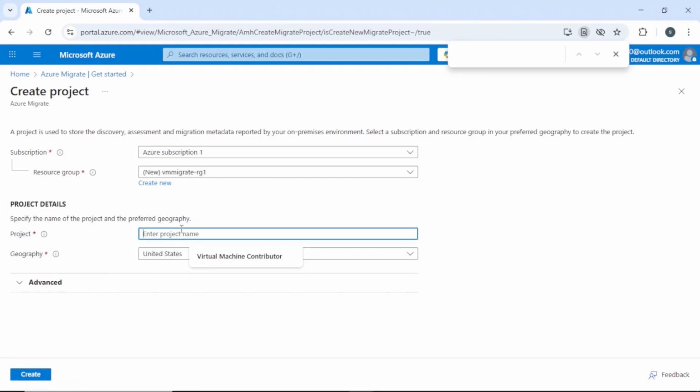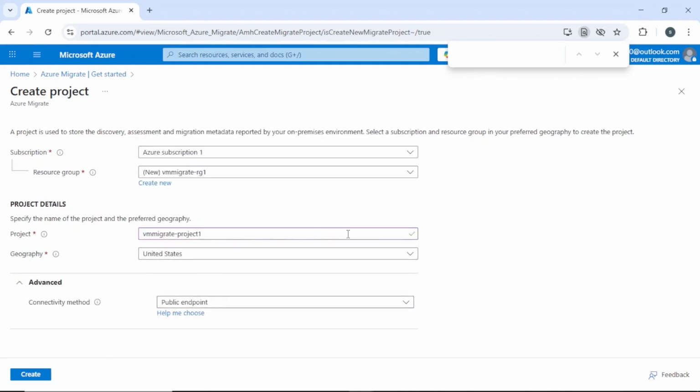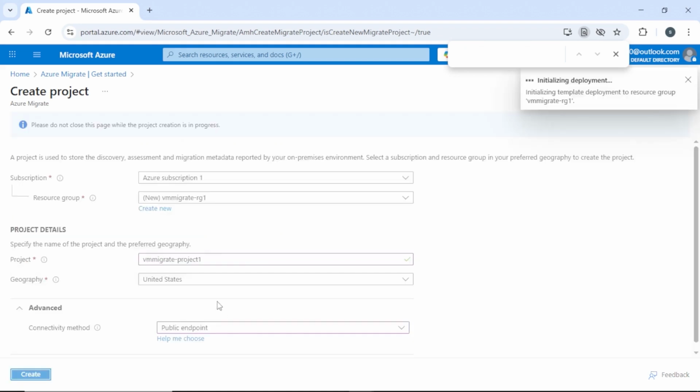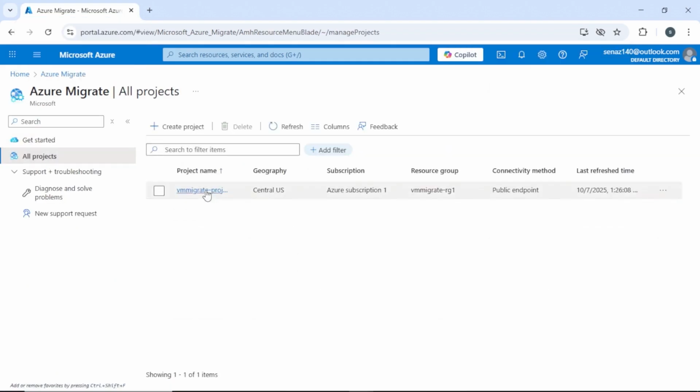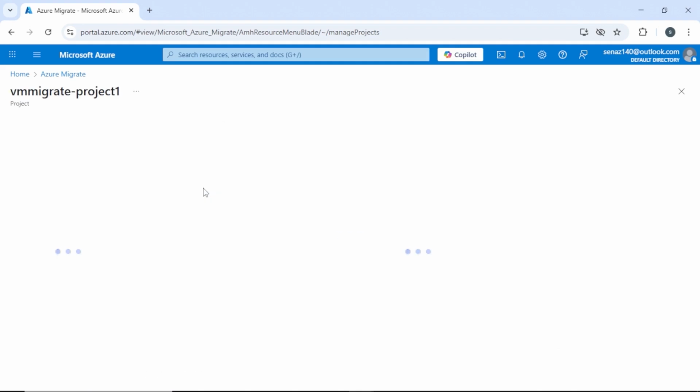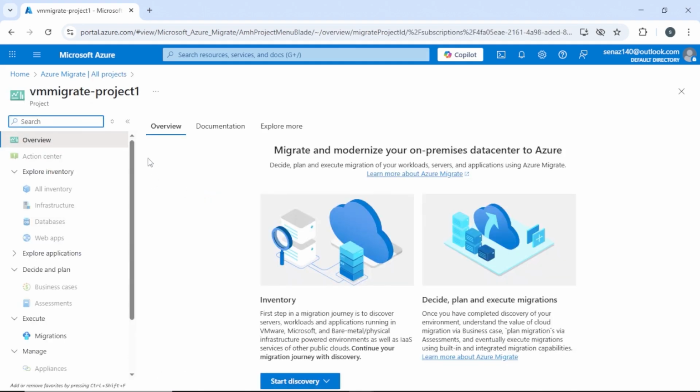Next, provide a name for the project. And select the geography. Once a project is created, click on All Projects, choose a project name, start discovery using appliance for Azure,